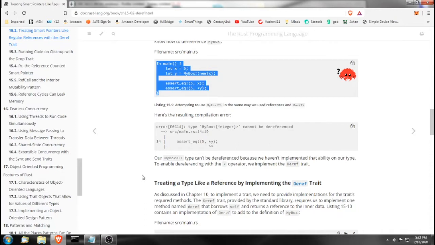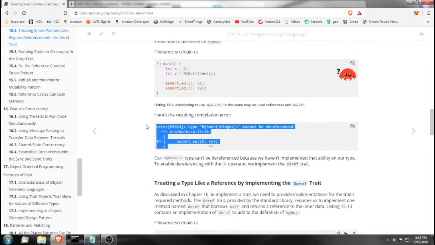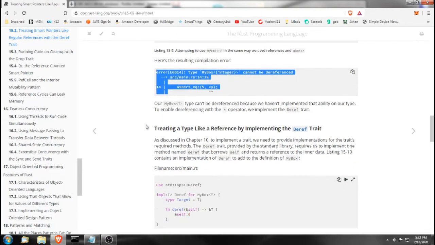Listing 15-9 attempting to use MyBox<T> in the same way we used references and Box<T>. Here's the resulting compilation error. Our MyBox<T> type can't be dereferenced because we haven't implemented that ability on our type. To enable dereferencing with the